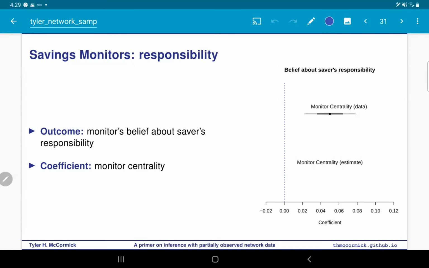And so again, same thing. So this is the full data estimate, and again a positive coefficient, which is telling you that those more central monitors perceive the people they were monitoring as more responsible, which again is where the randomization is important here, right? Because it's not that they're selecting more responsible people. It's that people that they're